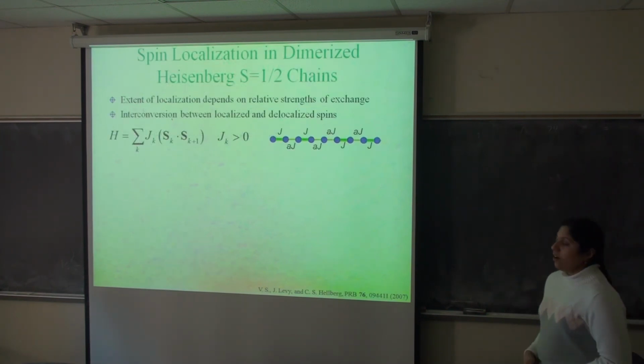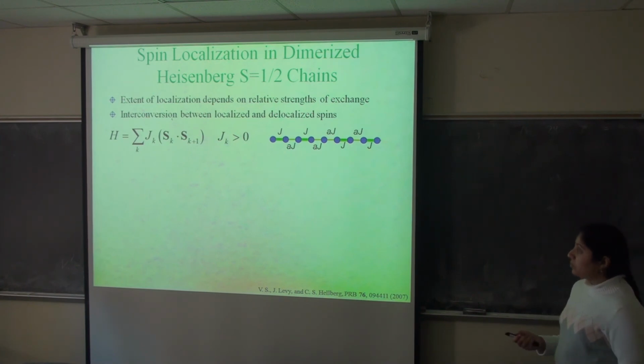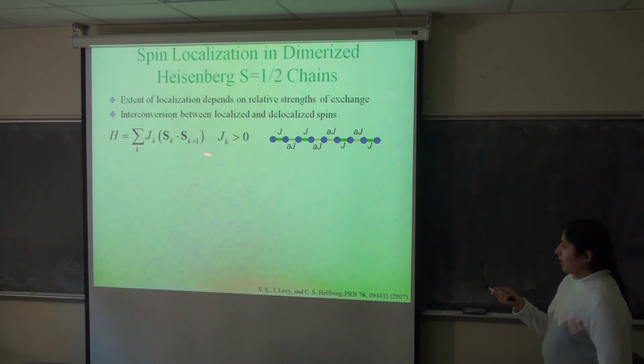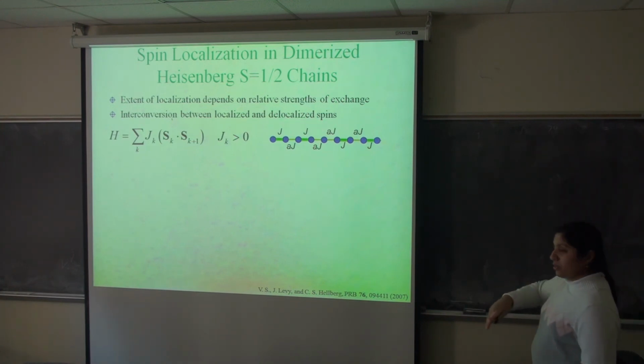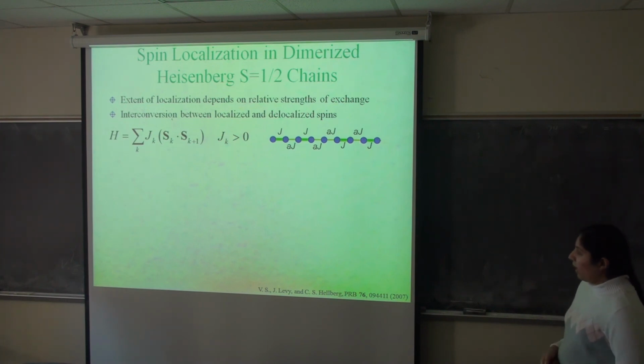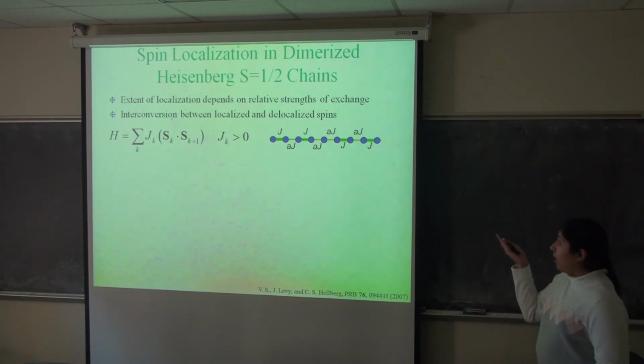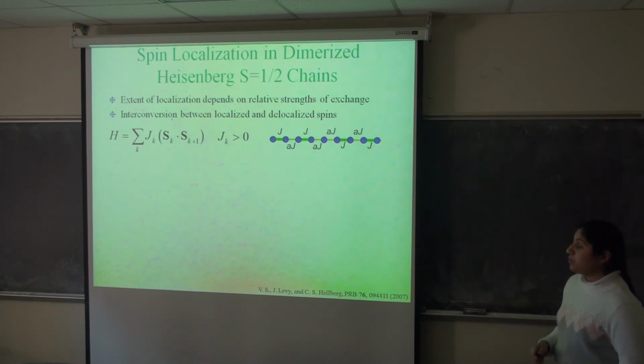So the systems that we consider are chains of spins coupled by nearest neighbor Heisenberg exchange interactions, which are described by this Hamiltonian, and we took the exchange to be antiferromagnetic. In particular, we considered these types of systems where the exchange coupling is dimerized, so that it alternates between two values, except at the center where there's a kink or a domain wall that forms the boundary between the two possible patterns of dimerization. And so the ground state of this system has a total spin of 1/2, and it consists of spin up and spin down states like a spin cluster qubit. Here we focus on the spin up subspace, but we can find completely analogous results for the spin down subspace. And so in order to visualize the ground state,